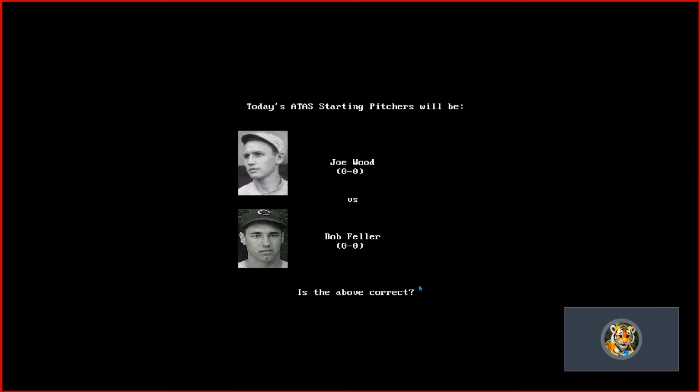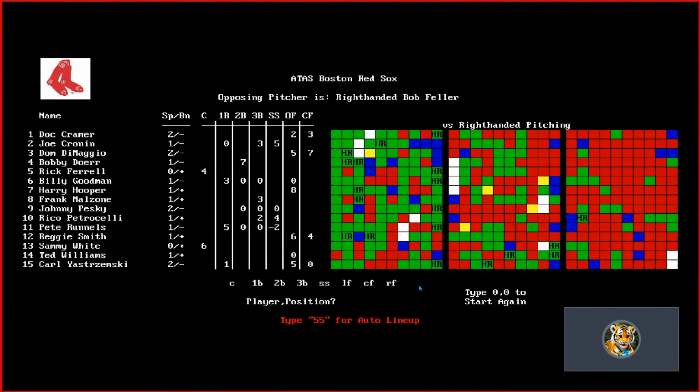So we're going to have Smoky Joe Wood versus Bob Feller, where we play the entire game. Okay, so if you do player position, this is how you set up your lineup. It's really nice though that Mark has something built in. If you type 0:0 if you want to start over, or you can just do an auto lineup, which is really nice. And you can find player charts, all kinds of stuff on